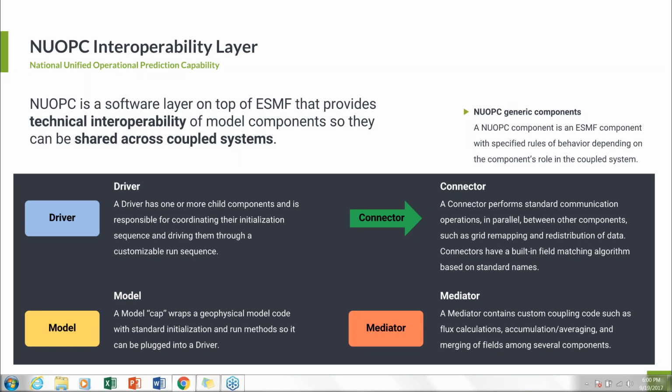And we use the word cap often to describe the wrapper or the layer that sits on top of the model code and basically translates between native memory layouts and grids and clocks and all those data structures which are already set up in the model. We need a common representation of those, the standard set of data types, in order to couple these things together interoperably. So that cap, we put all of that translation layer into a cap, and NUOPC sees those as